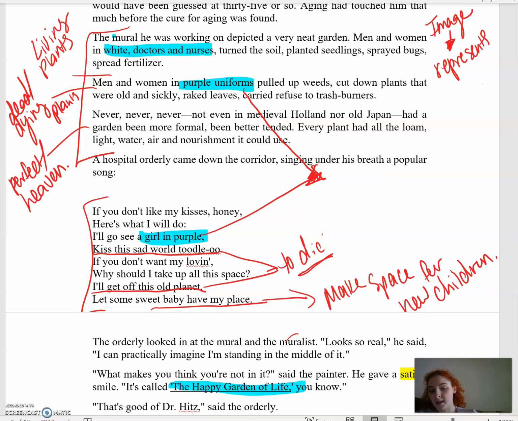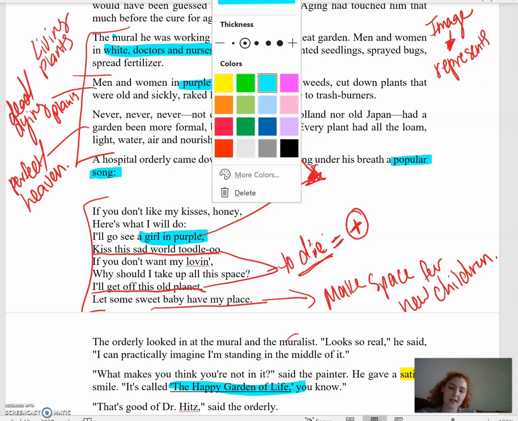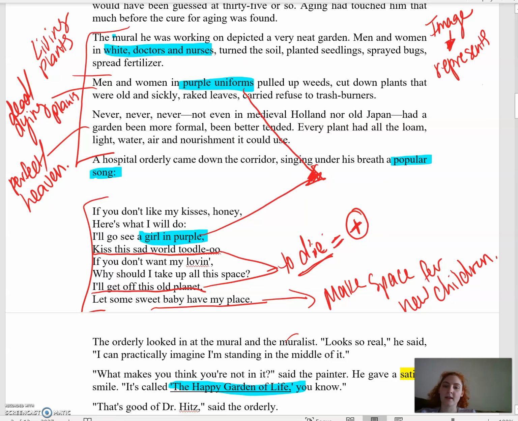So normally we'd think of people saying that they wanted to go and die or they wanted to kill themselves as being really bad. But in this context, I think it's quite obvious. It's a popular song. It's being sung in the hallway of the hospital. And it sort of romanticizes the death of this person. So there's some sort of positive association in the society where they want to persuade people that doing this is a good thing.